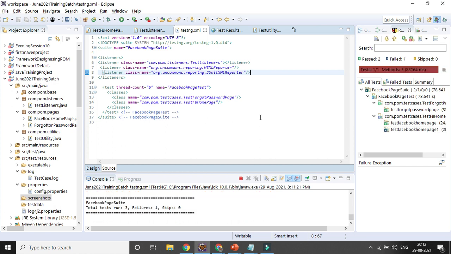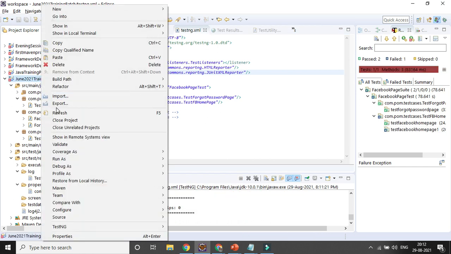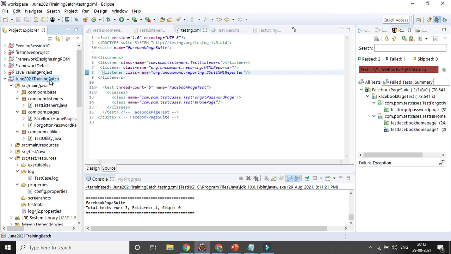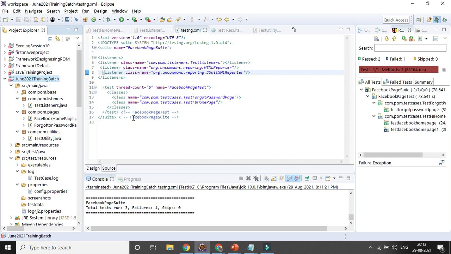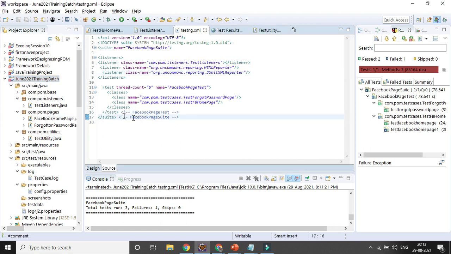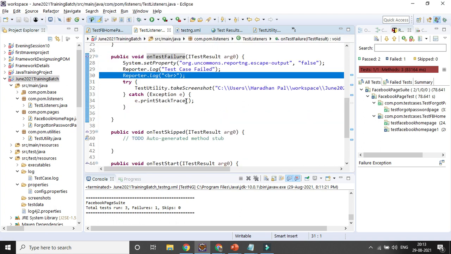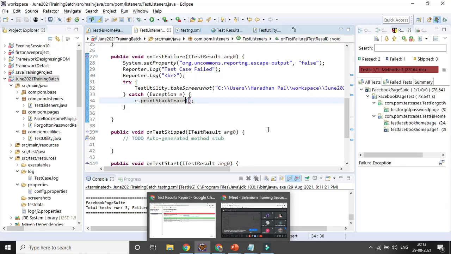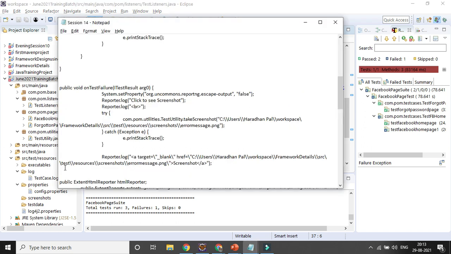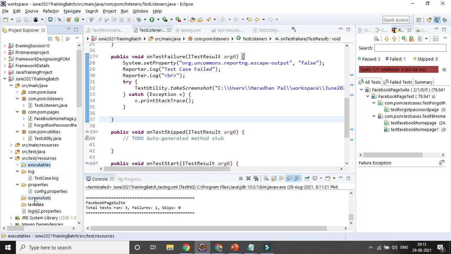One test case got failed. Now try to refresh your project. The screenshot is not getting captured here because your browser is getting closed, and that is the reason you are not getting any file in the screenshot folder.